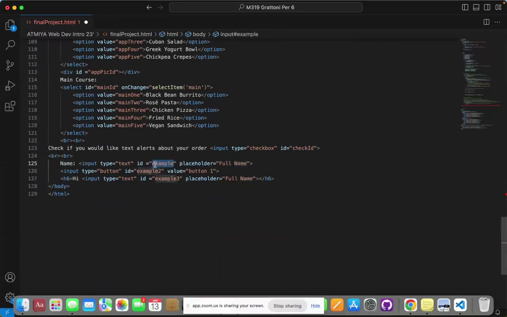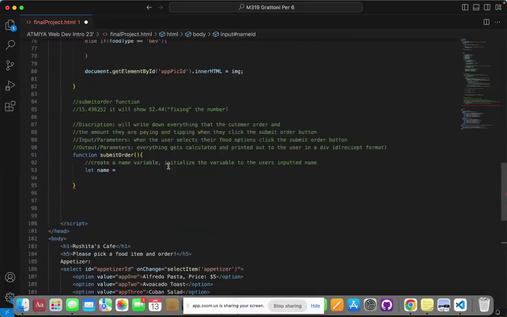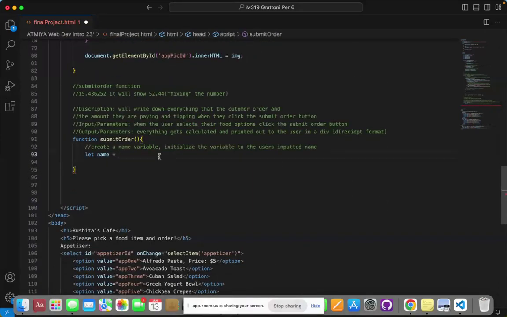And for the ID, I'm going to change this from example to name ID, and I'm just going to copy this ID, and then over here, if you guys remember, to get an actual ID of any variable, we always have to type in